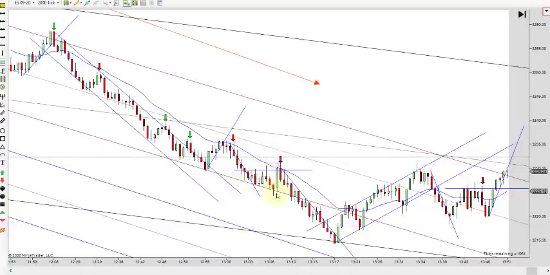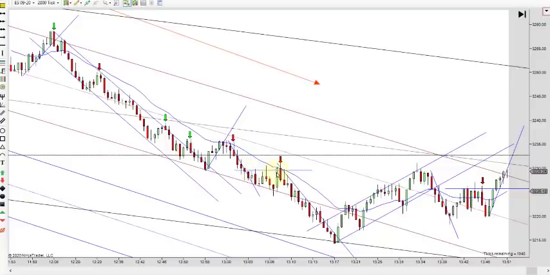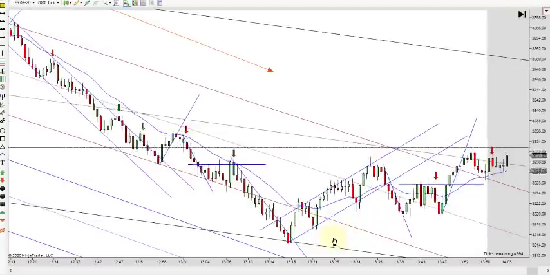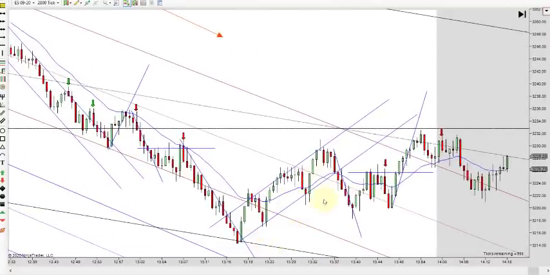Then you're working down, and now you get another double test. You made this high, test it once, twice, again, right off the EMA. Look how bearish. And you still got plenty of room back down here. I mean, we can't even get back to the midline here. This thing is bearish. But once you start to overshoot, it's not going to go far in most cases, and then it's going to reverse.